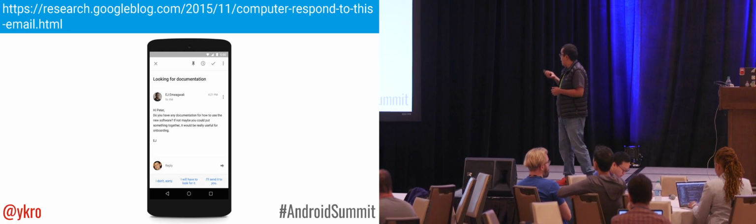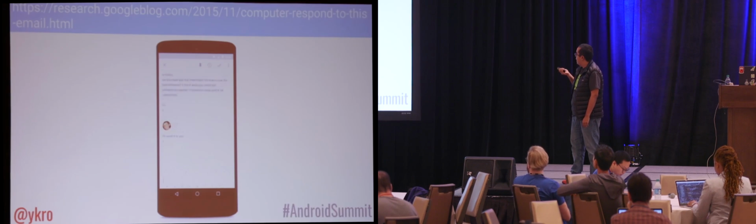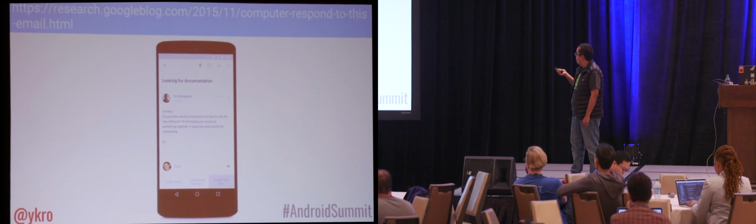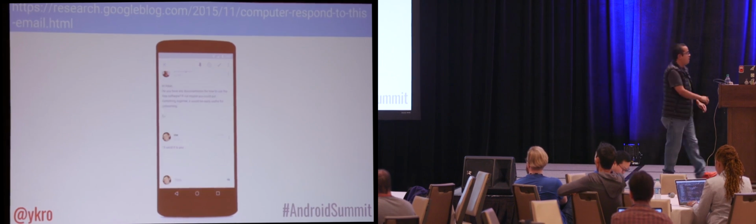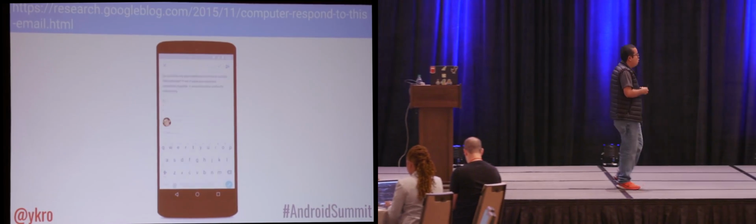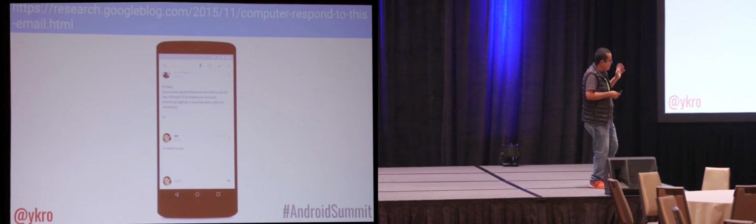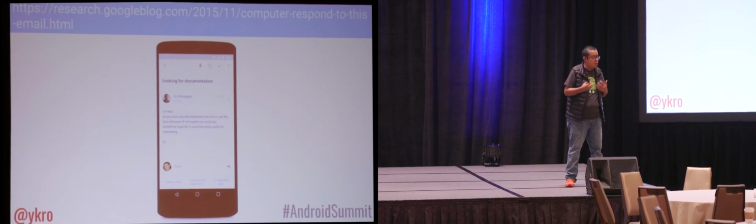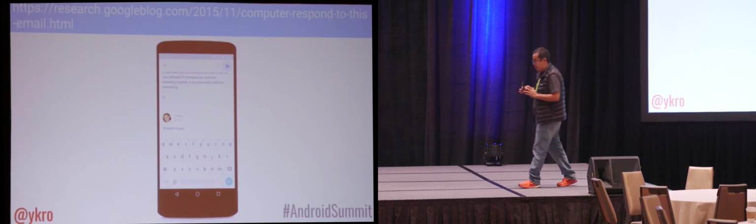And first, this is an implementation. By the way, I'm including URLs for you to check it out later. This is an implementation on Inbox by Google. And now this is available also in Gmail since maybe a couple of months ago. The idea behind this implementation is that it will suggest some replies. It's different than the